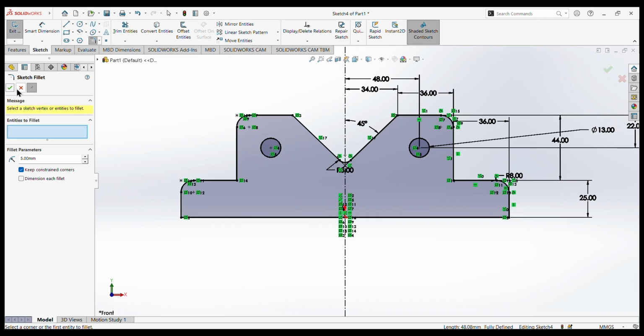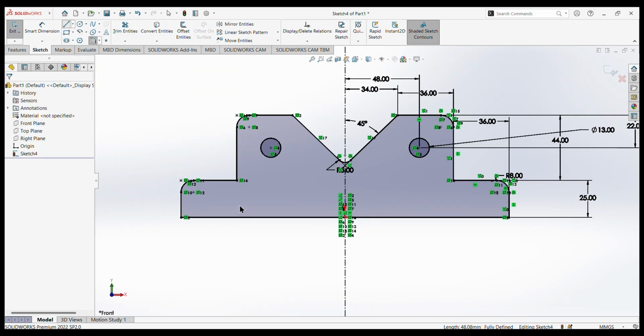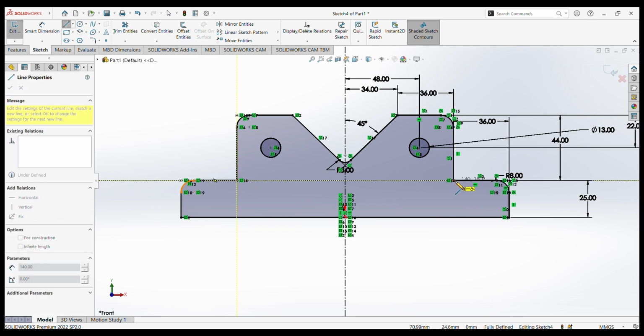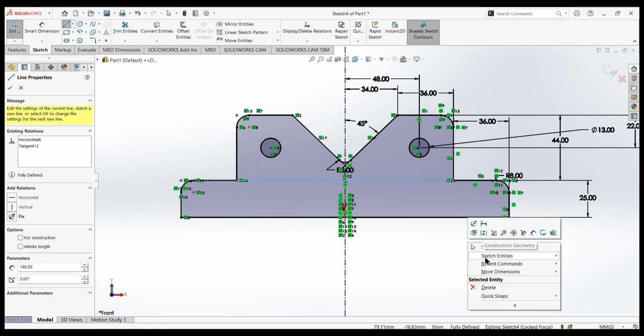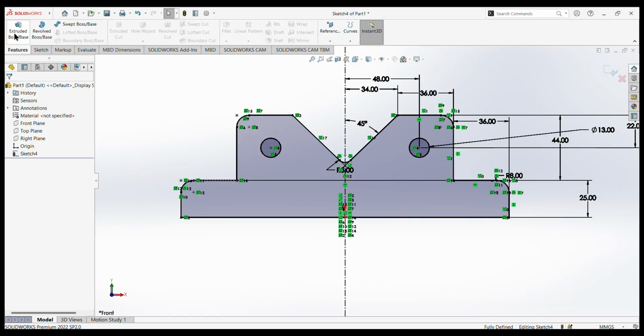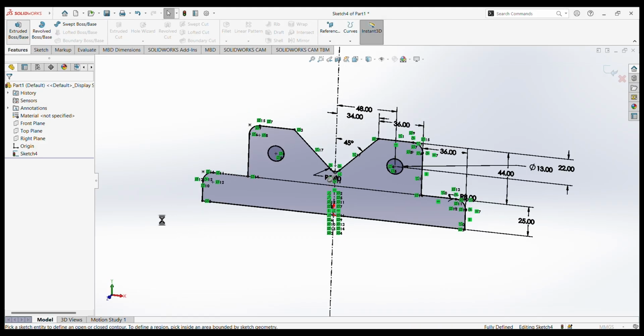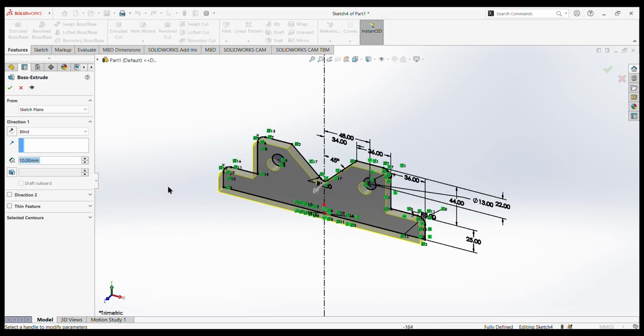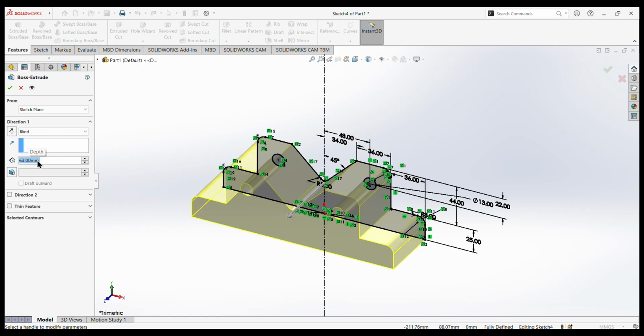Now we are going to assign the extrusion. Before extrusion we create a line just like this one. Okay, this line has a little bit of purpose, I can tell you in the next steps. So now we are going to features. Select the extruded boss command and assign the extrusion. The total extrusion is 63 millimeter. Enter here. Okay,